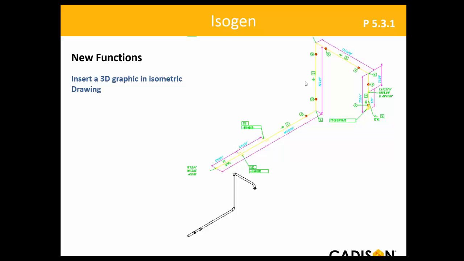The new function we now build in is also a wish from the customers. Whenever we create an isometric, we can also place this drawing, this pipeline, in 3D automatically below the isometric. This point is a fixed point that you can set up in a file, so that you can say it should be 5 or 10 millimeters from here. You can also scale it or move it to another place later, but if you do this in the setup files, then you will always have it in the same